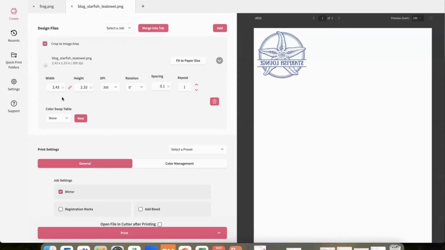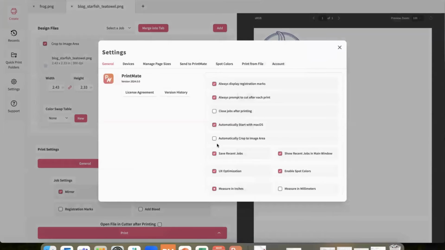If you're coming in from, say, Adobe Illustrator and you always preserve your artboard, that may be a great thing to do to get more on a page or just to make it a little more manageable, because sometimes it'll be just a little bigger than the page and cause issues. So if that's the case, you can just go in and click this automatically crop to image area, and every time you add a file, it's going to do that automatically. All right, so